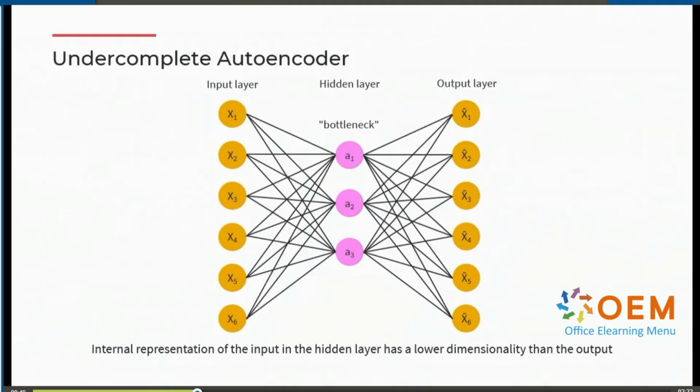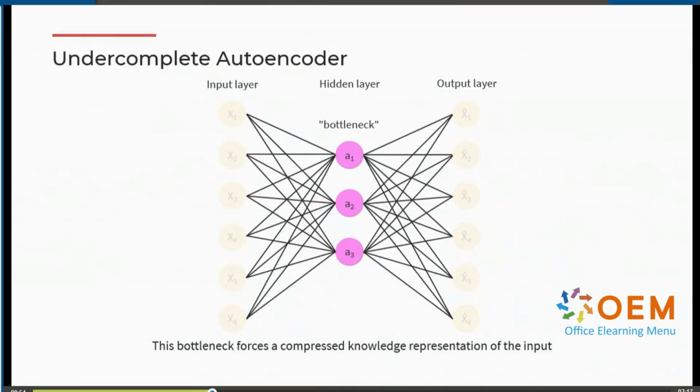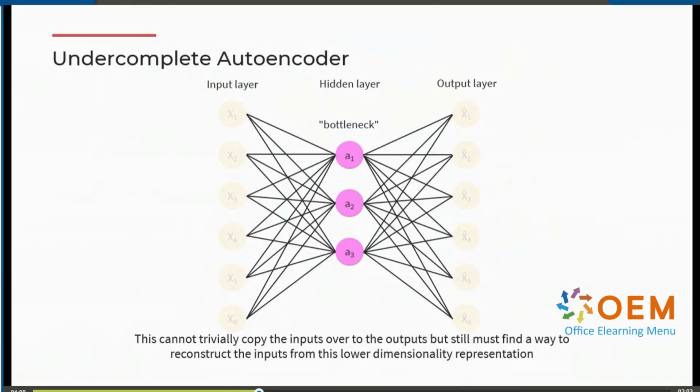Autoencoder neural networks are built with a bottleneck in their hidden layers. The narrow hidden layer forces the model to compress the input data into a lower dimensional form. This makes the model learn only the most essential features, or latent representations, needed to reconstruct the original input. Because the hidden layer acts as a bottleneck, the model cannot trivially copy whatever is present in its input to the output, but still must find a way to reconstruct the inputs from the latent representations produced by the